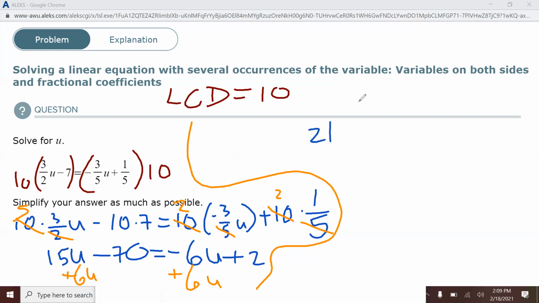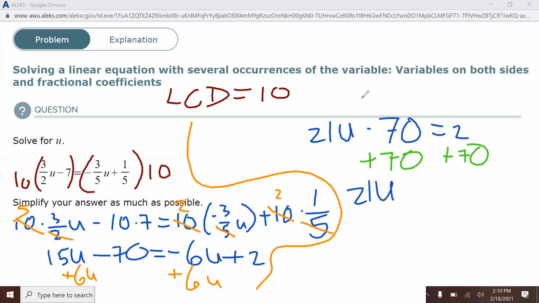This gives 21u minus 70 equals 2. Now I add 70 to both sides, and I get 21u equals 72. I divide both sides by 21